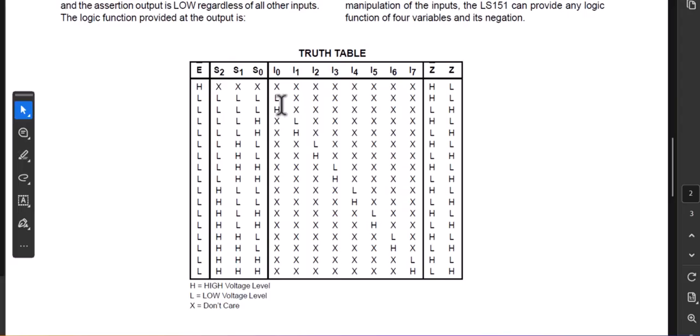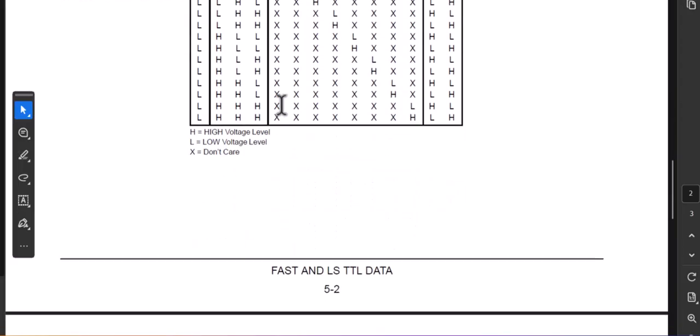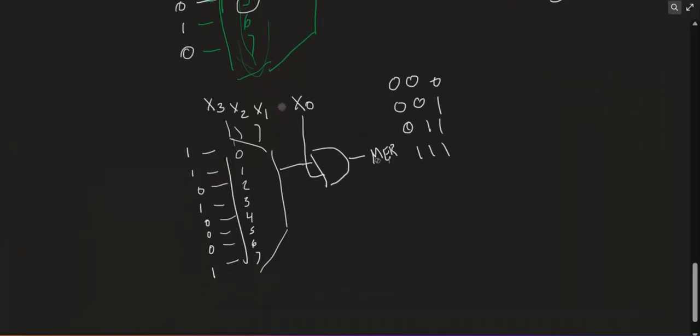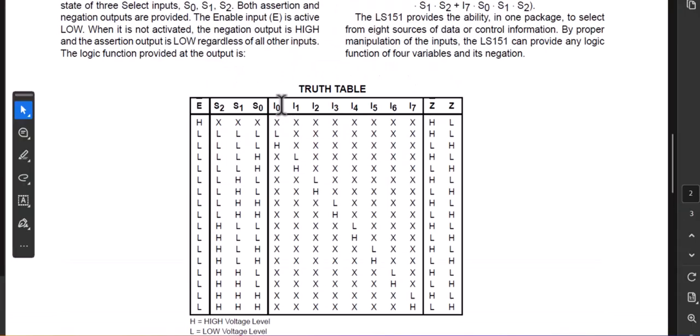So let's set it up and see how we would have it set up. So our chip is going to look like